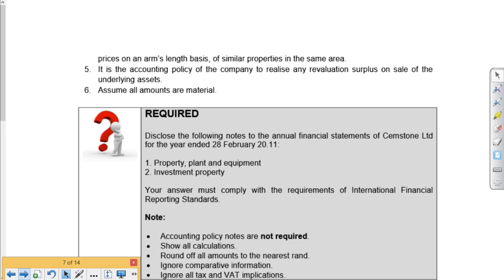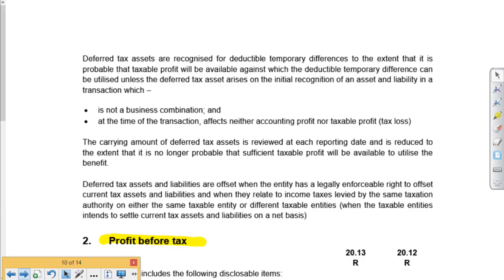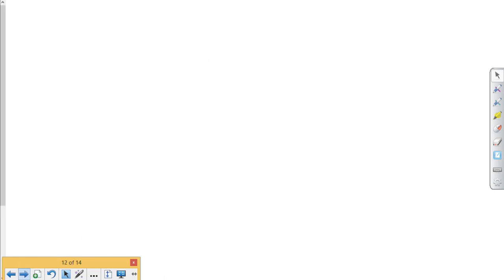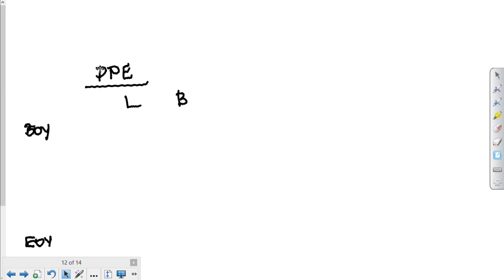All right, so I want you to do the 2 notes. I just want you to do land, buildings, investment property. So it will look very simply. You're going to have PPE on this side. You're going to have land, building. It's going to start with beginning of year and end on end of year. And you're going to have investment property. Remember, investment property is land and buildings together. And you're going to start with beginning of year and end with end of year. And I just want to see those movements. Okay,